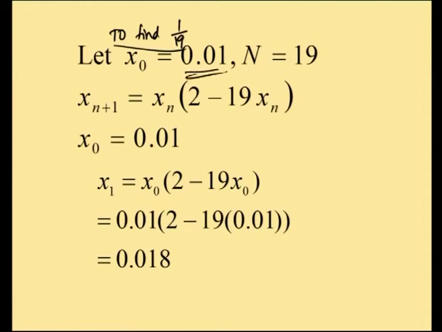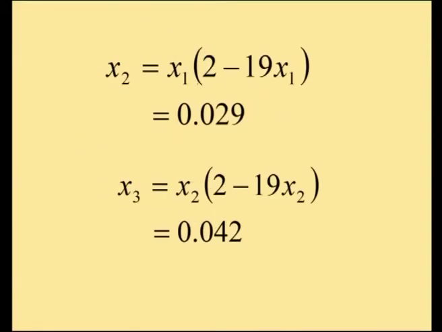This is our assumption. x n plus 1 is equal to x n into 2 minus 19 into x n. So, x naught is equal to 0.01 means we get x1 is equal to x naught into 2 minus 19 x naught. x naught is 0.01 substituted here, 0.01 into 2 minus 19 into 0.01. When you simplify, you get x1 is equal to 0.018. Similarly, x2 is equal to x1 into 2 minus 19 x1,